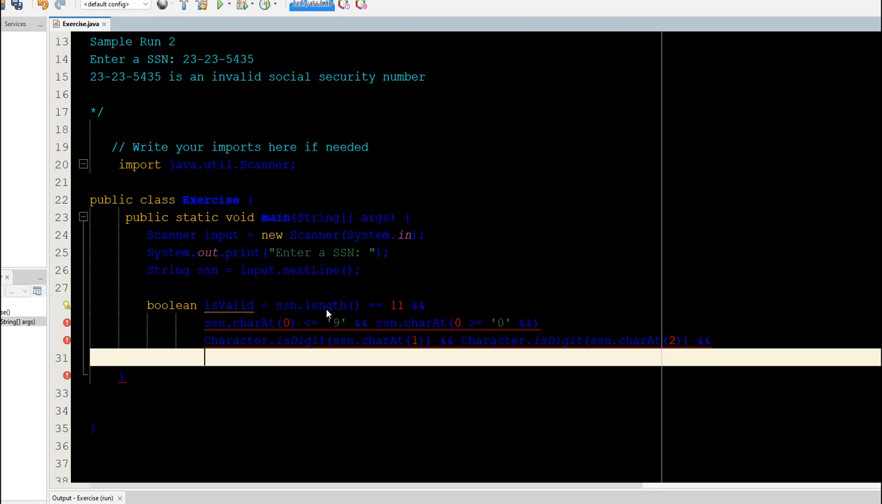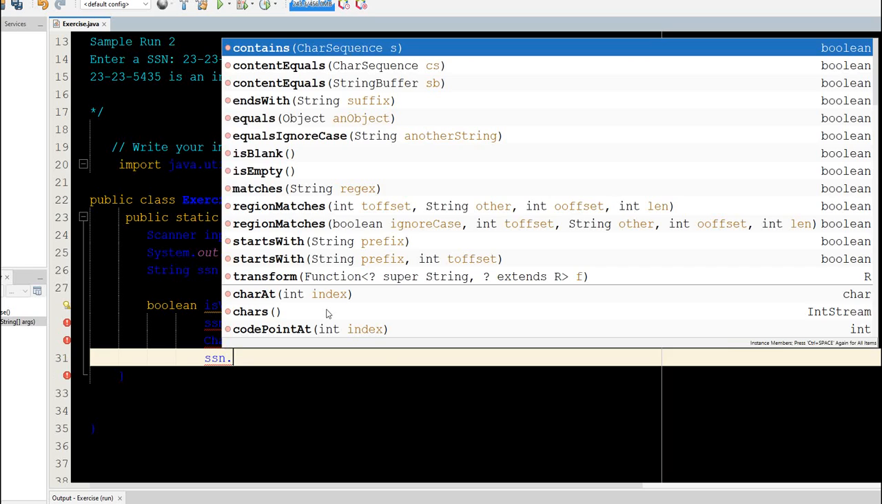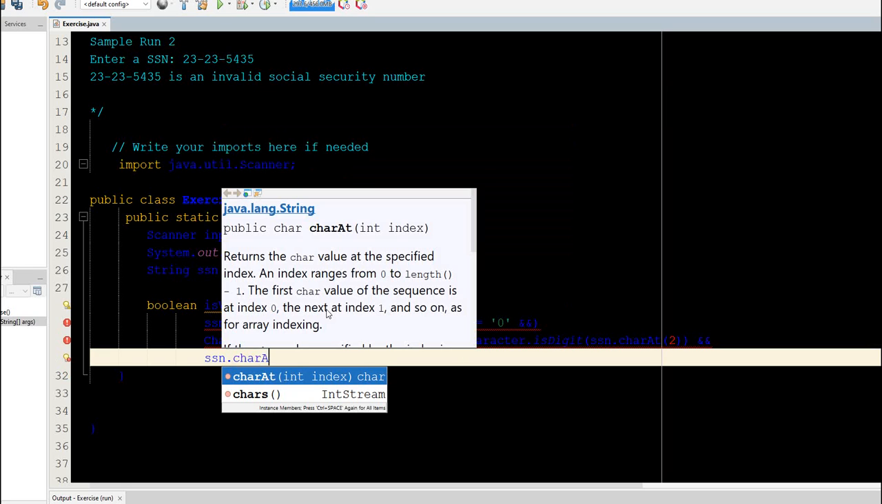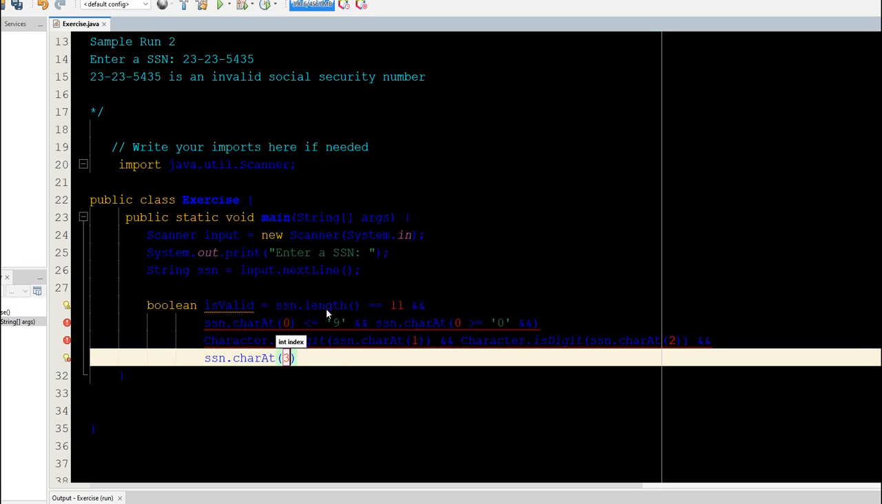This one, and go SSN dot charAt, and we'll do 3. Now we could copy and paste this, but it's slightly different, so let's keep